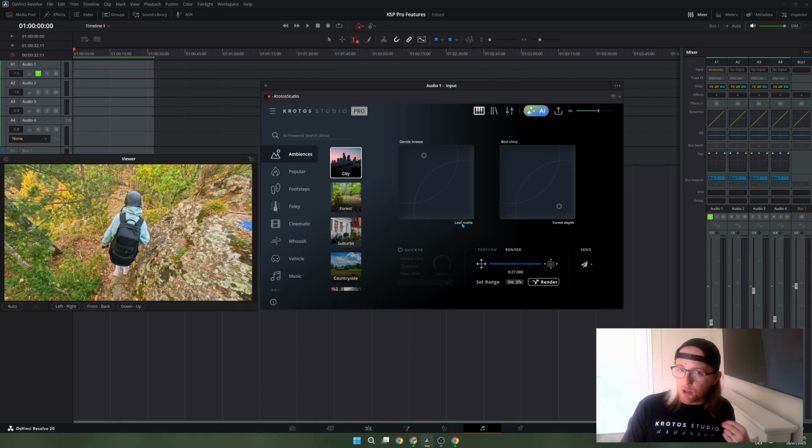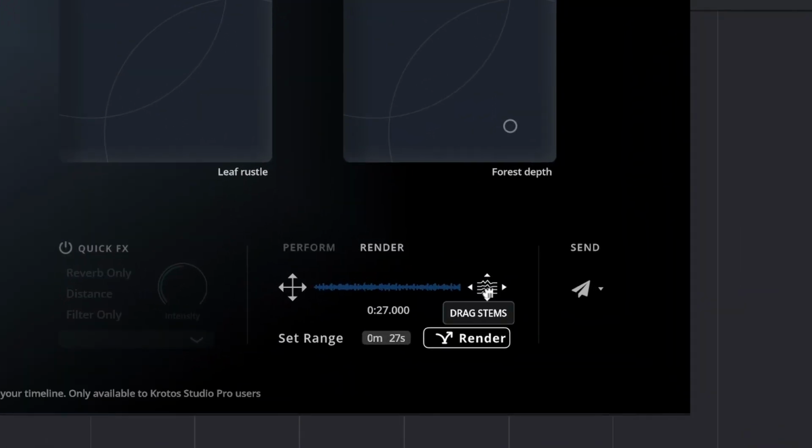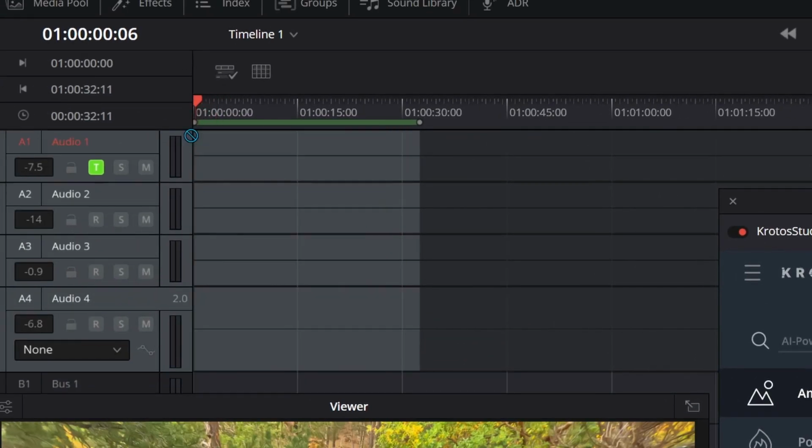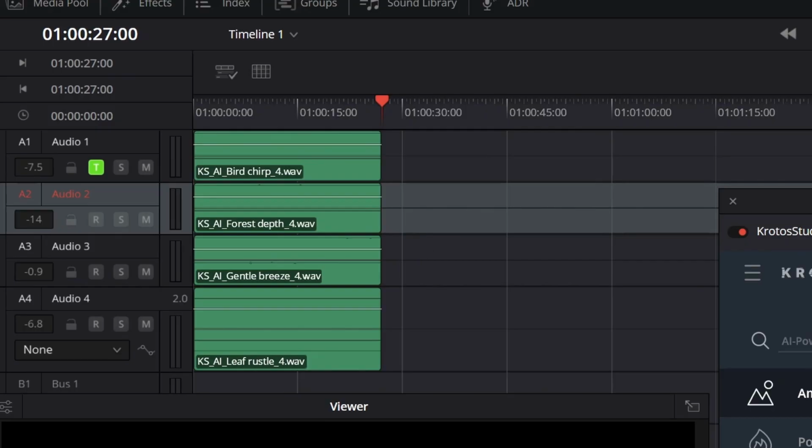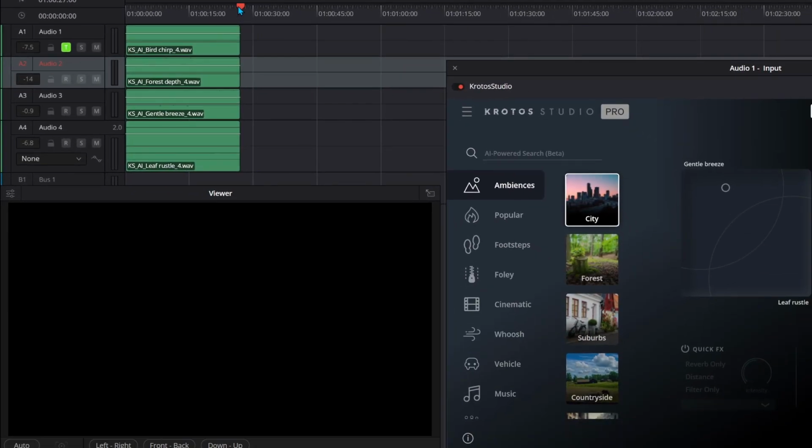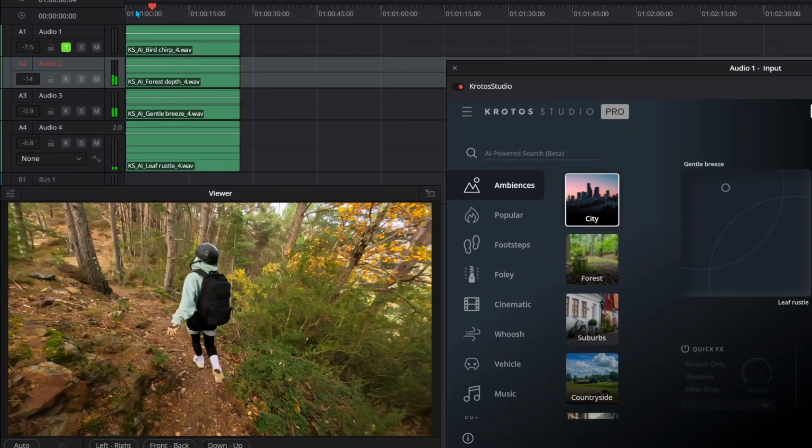What I want to do is have full control over the four sections of the ambiences. So what I'm going to use is this multi-stem drag and drop. So what I do with this is I just click where it says drag stems, drag that into my project. And like that, I have 4 channels worth of ambiences that I can now use and control and shape within DaVinci. So if I play this back,